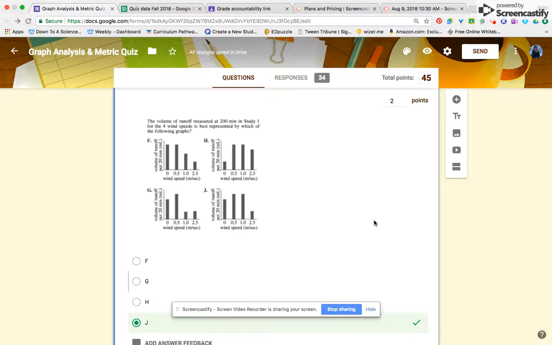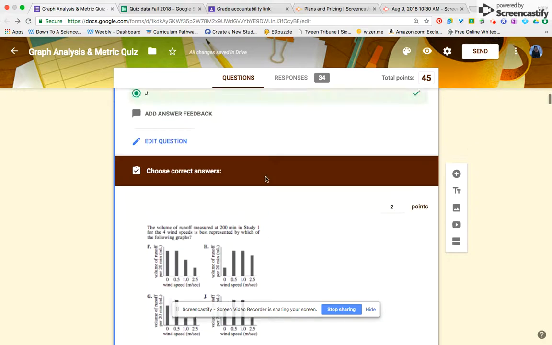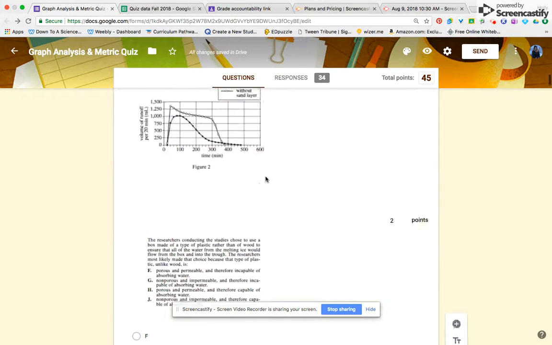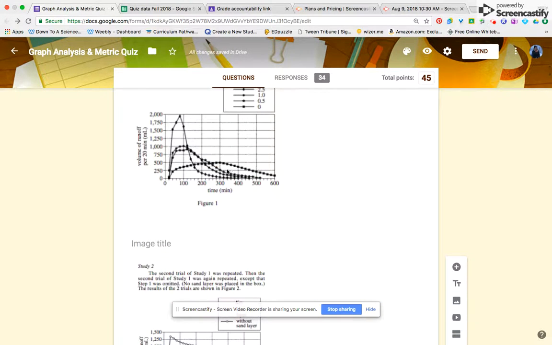Okay, the next question says the volume of runoff measured at 200 meters in study 1 for the 4 wind speeds is best represented by which of the following graphs? So for this one, you have to go back to that line chart and you're looking for data at 200 minutes. So if we come back up here,